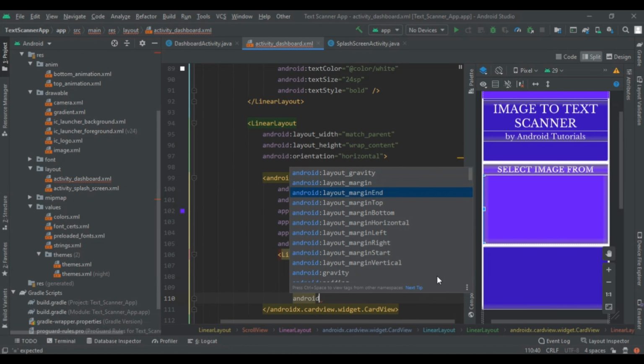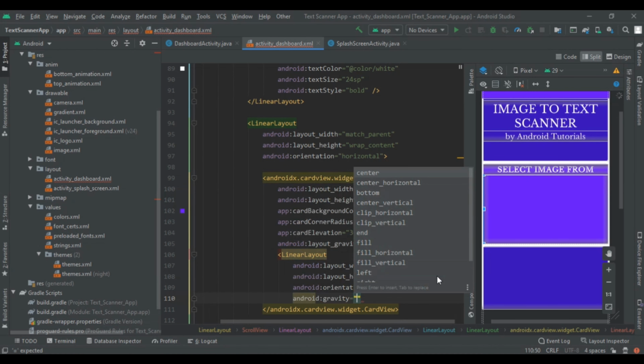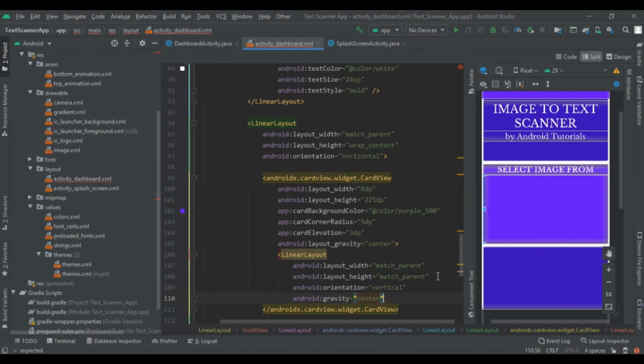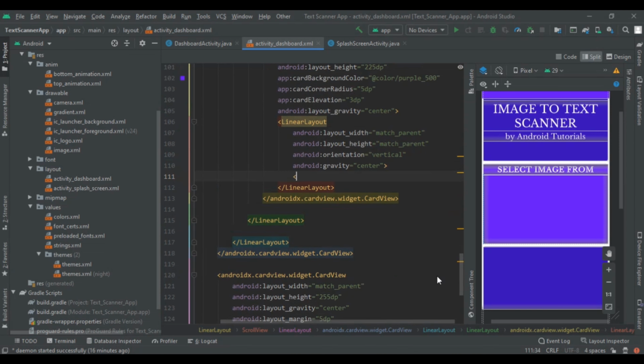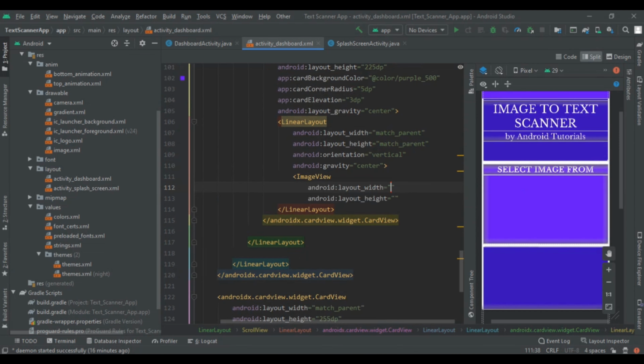So here is gravity, and that gravity will be center, and then start this linear layout, and here add one image view and one text view.